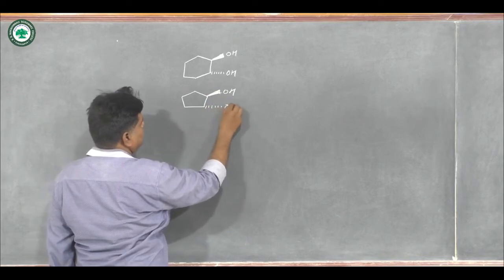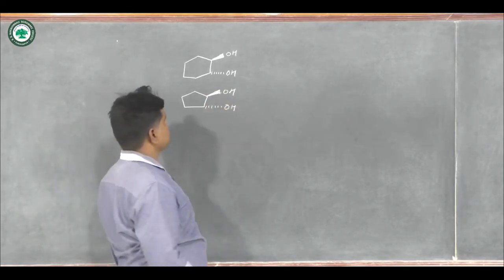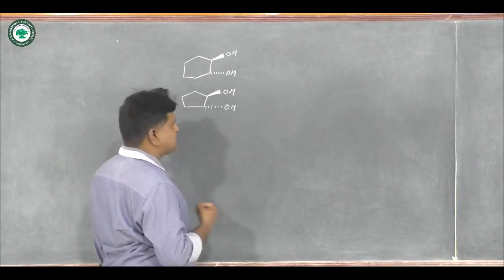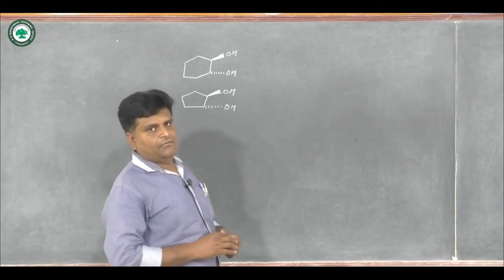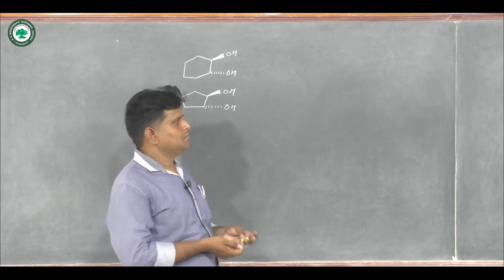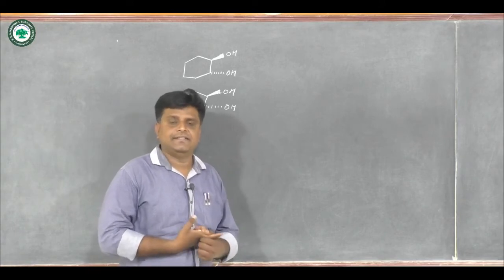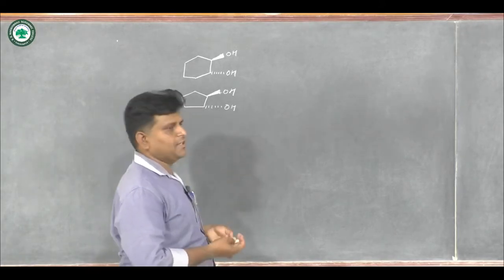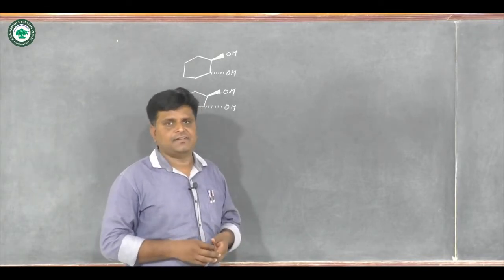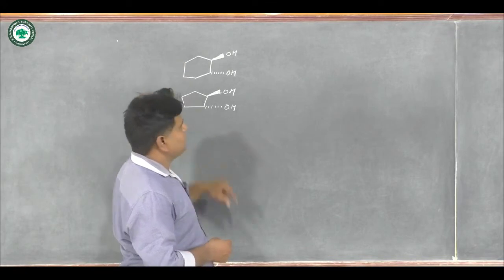Suppose here we have two trans isomers and cis isomers. If we react cyclohexane 1,2-diol with lead tetraacetate and also cyclopentane 1,2-diol with lead tetraacetate, at that time we have two different rates